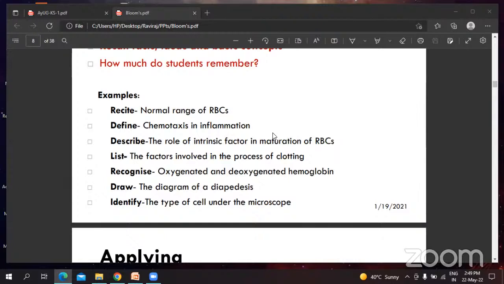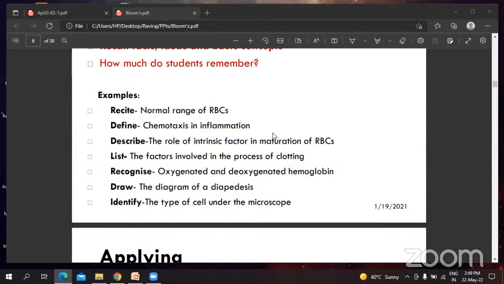So in physiology, you will have to learn and remember a variety of normal values. What is a normal hemoglobin? What is a normal creatinine, urea, serum protein, albumin, globulin, SGOT, SGPT, and whatnot. There are numerous ranges and values which you all have to remember. So this comes in the first stage of the cognitive domain,